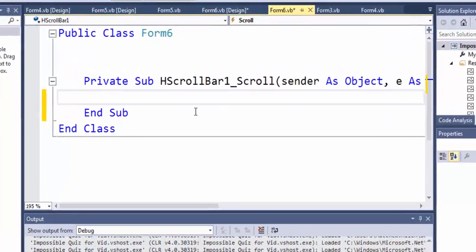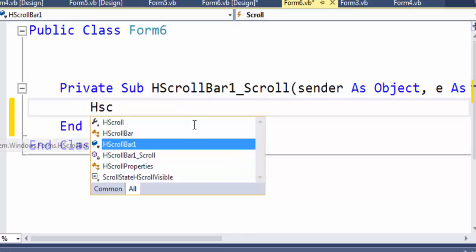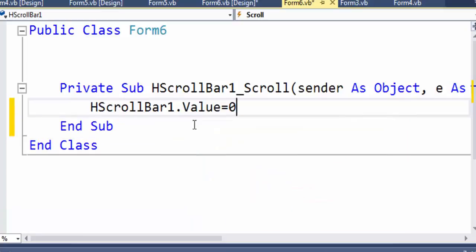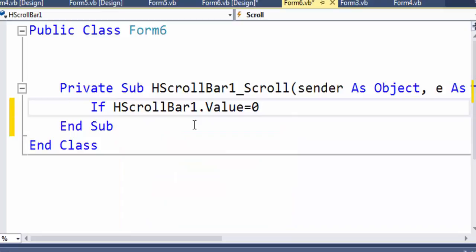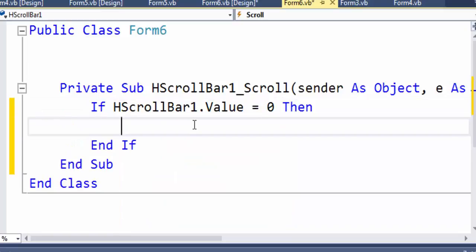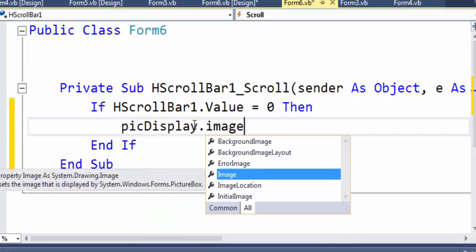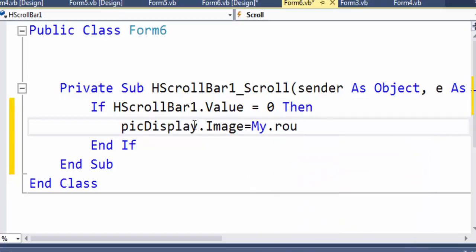And now to use the scroll bar, we're going to use the value property. So there's a property in here called value, and the value is going to have a value of 0, 1, 2, whatever we allow it to be. And what I want to do is check to see if that value is a 0. If it is, then I want pick display dot image. So we want the image of the picture display to equal